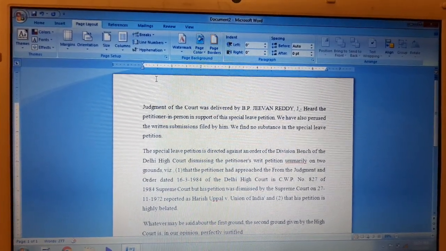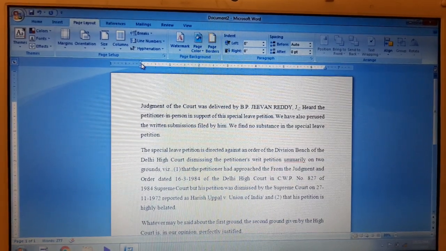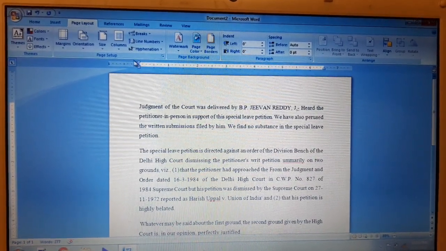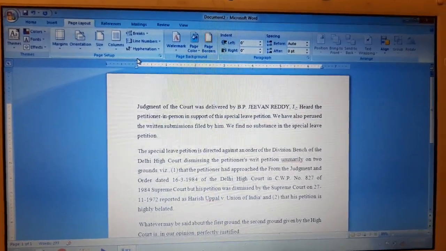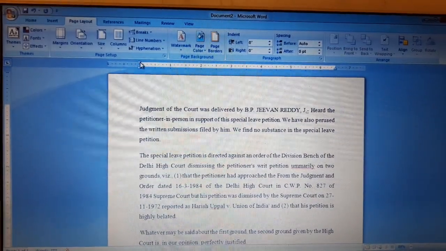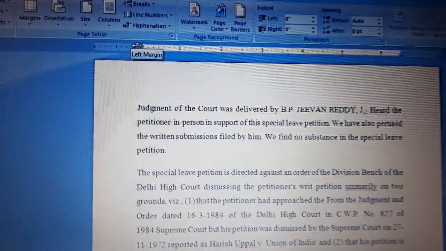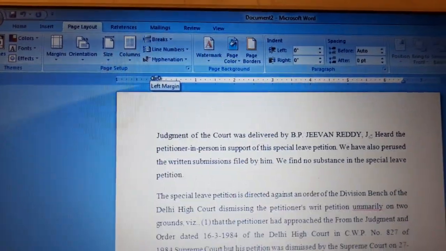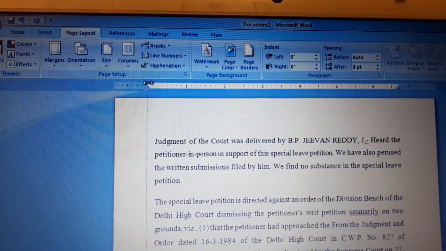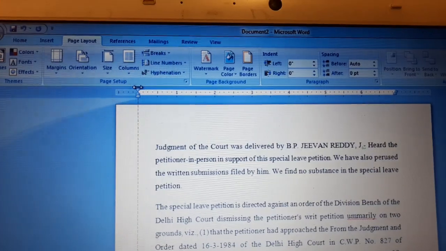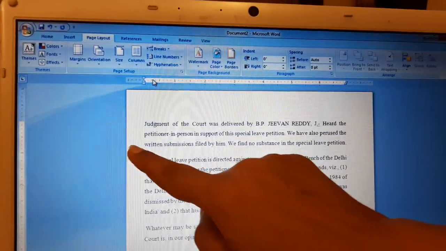Now when I bring my cursor over here, you can see that the cursor changes to a double-headed arrow. You can drag the margin boundary as you need. Suppose I drag it towards the left side, you can see that the margin has decreased.